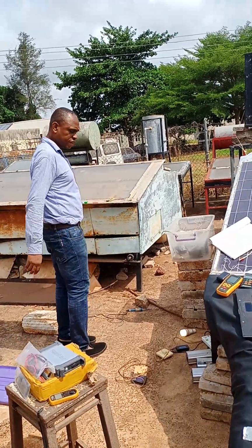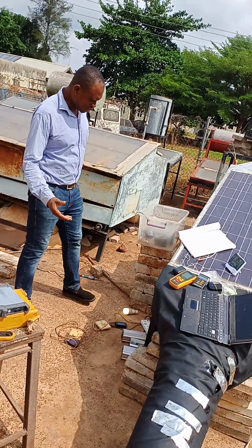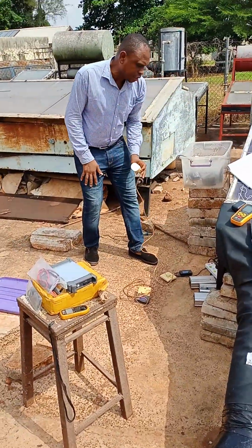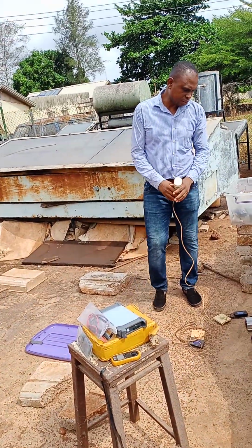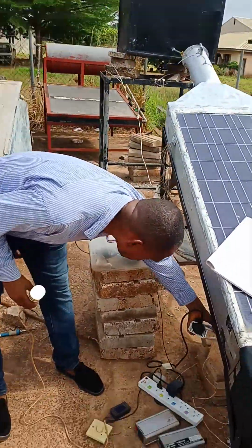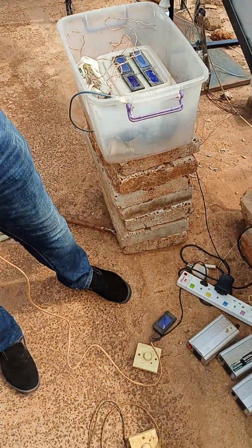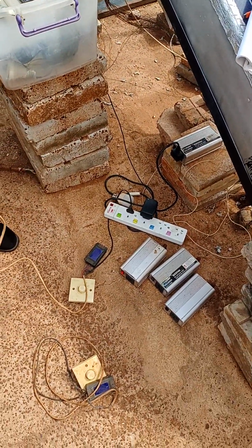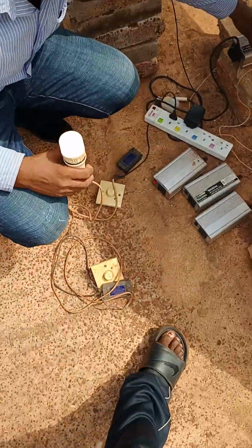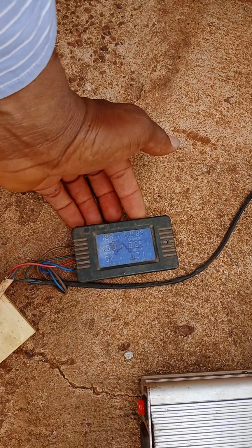So very great. You can see that we could get this electricity from an inverter like this. You can see the inverter. You can get this electricity from this inverter. This is from the 240 volt mains inverter connected to the battery,